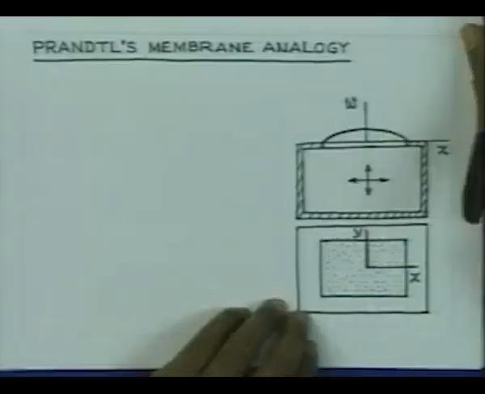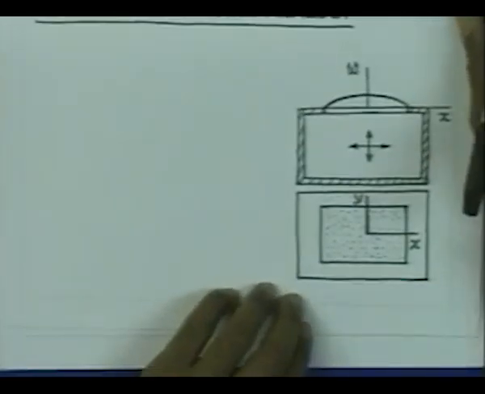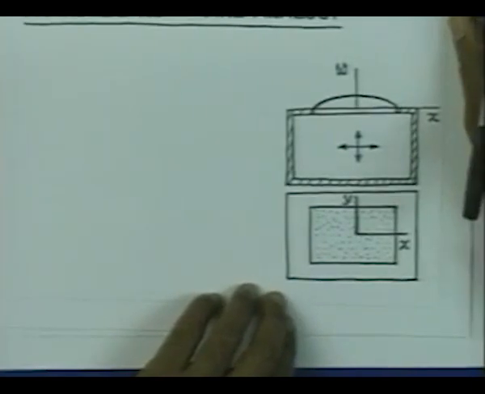Let us introduce some analogy to understand the torsion problem. This is known as membrane analogy. It was introduced by Prandtl. You can do an experiment to determine the stresses in a section which is not circular and which is subjected to torsion. In Prandtl's membrane analogy,